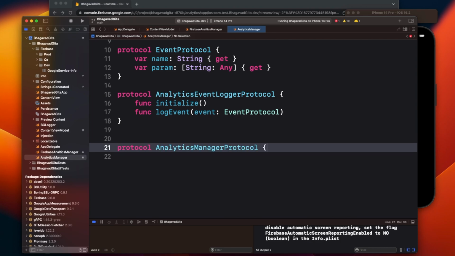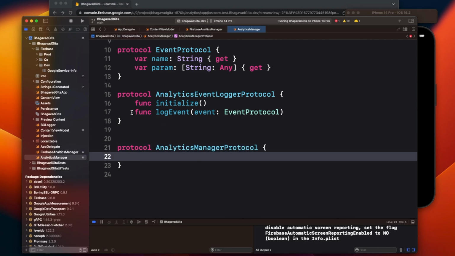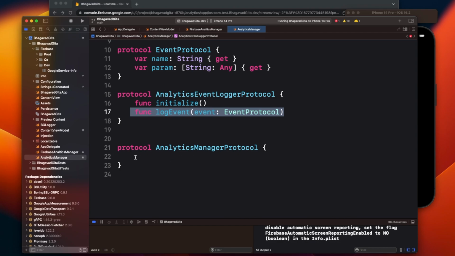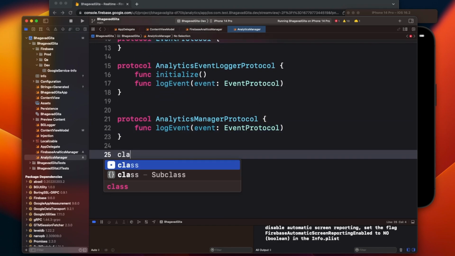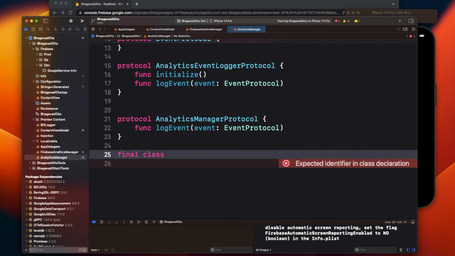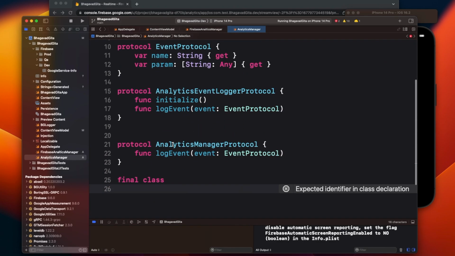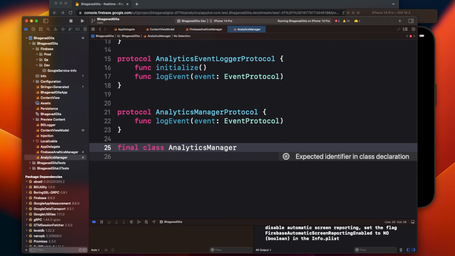Okay, and this will just contain one method, that is this log event. Now I will have a concrete class. Again, good practice, make a class as funnel, as you're giving system design interview, so everything will be noticed at that point of time, right? And let's call this class Analytics Manager, and this class will conform to this protocol,